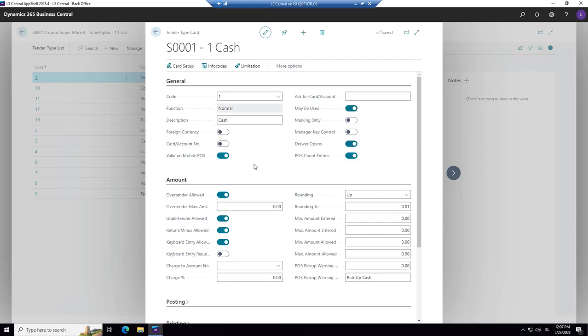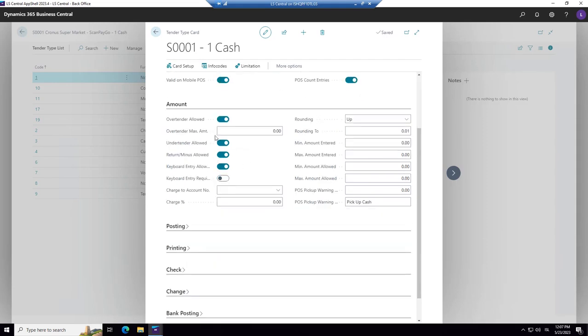We have some other options we would like to look at. Over tender amount, what does that mean? If you're buying something for 55 in amount, is the customer allowed to provide you 100 and you give cash back? That's very normal for cash, yes. But that's not very normal for cards. People always pay the exact amount for cards, so for cards this will be disabled.